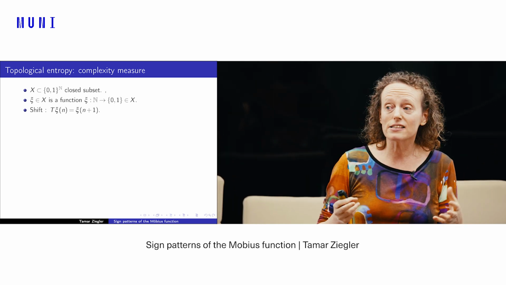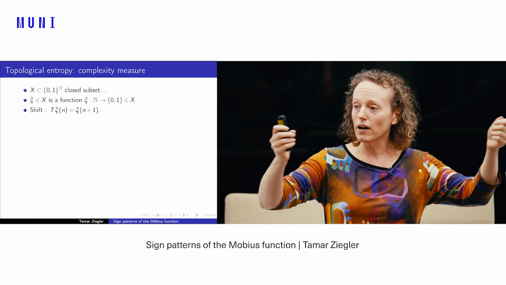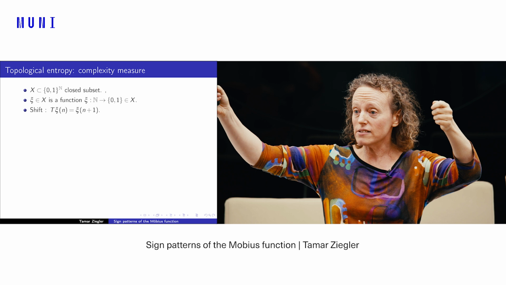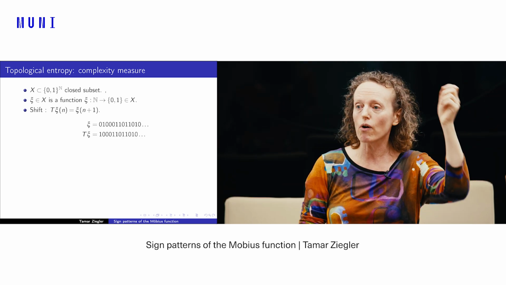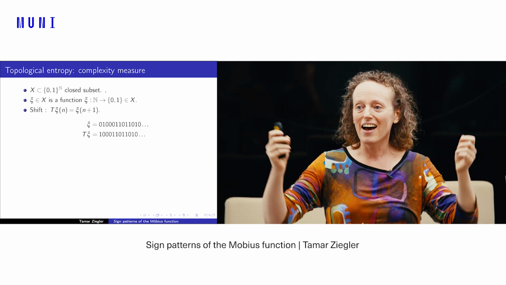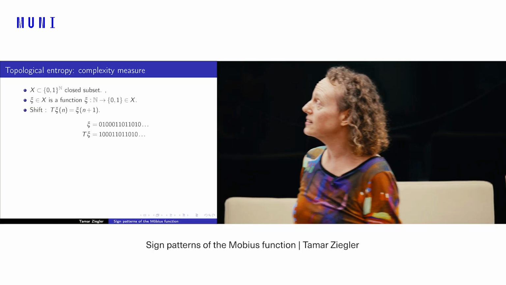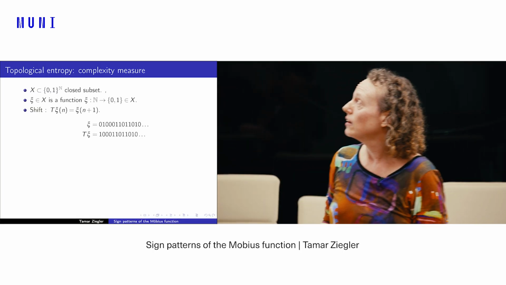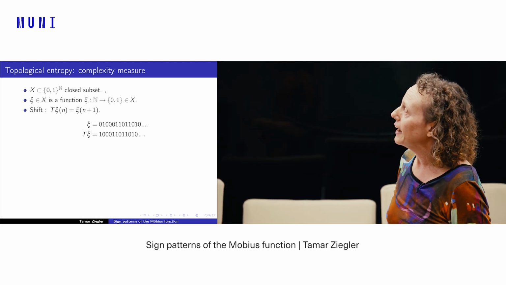On this space, on X, there's a very natural map, and that is the shift map. You take a sequence and you shift it to the left. So here's an example. Suppose you take the sequence 0, 1, 0, 0, whatever is written there, and your sequence starts at 0 and goes on through the natural numbers, and the operation you can do is shift it to the left, so you lose the first digit. Okay? This is a continuous map for this sequence space {0,1}^N,